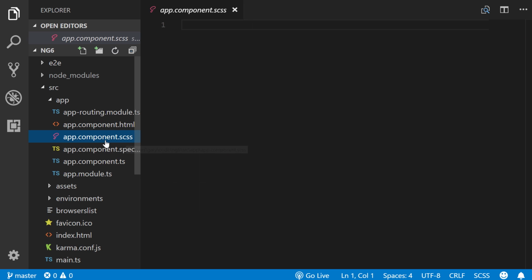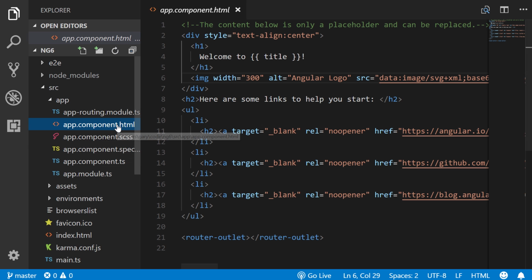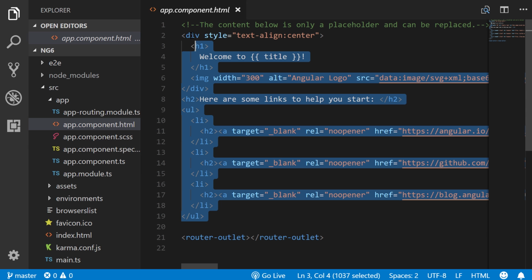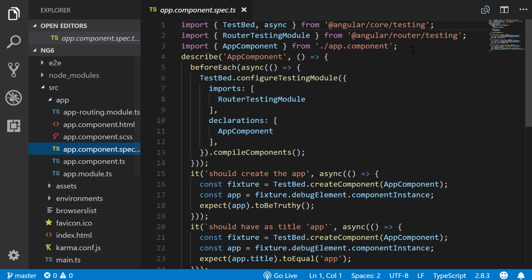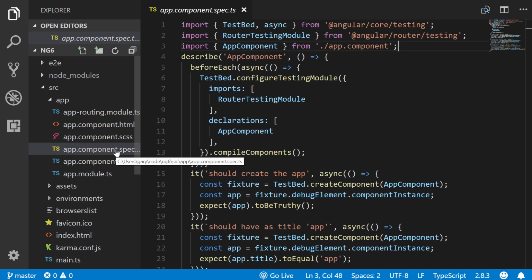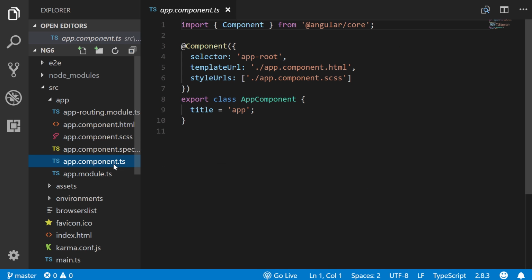All right, and then we have our Sass or CSS file, which goes there. And this is specific to this HTML right here. And then also we have a test file. We're not going to get into this simply because this is a beginner's course, so you don't have to worry about this spec file right here. And then finally, we have the actual component file, which is